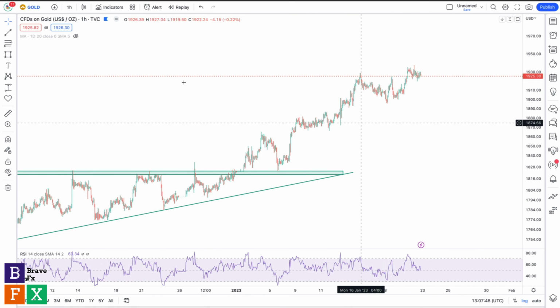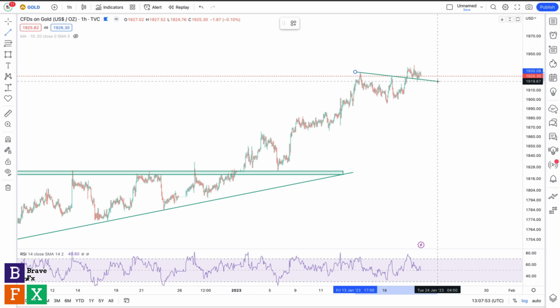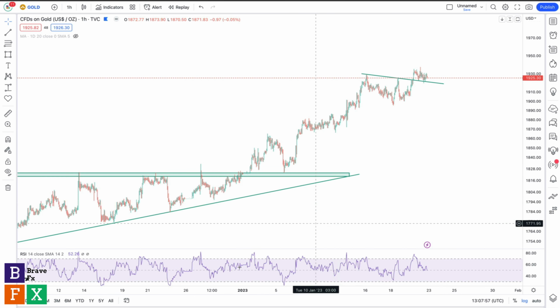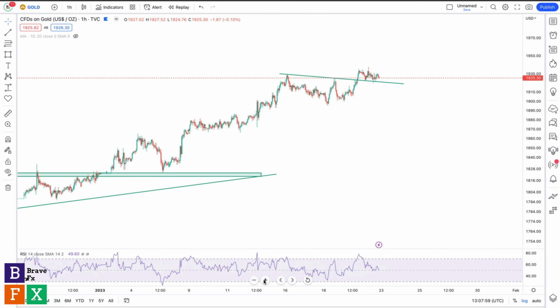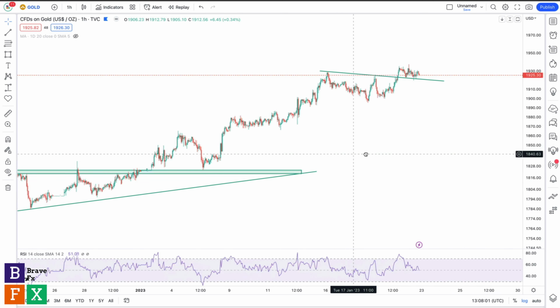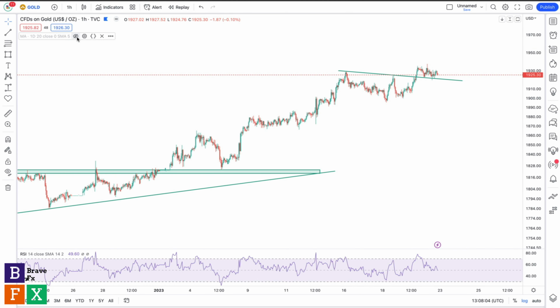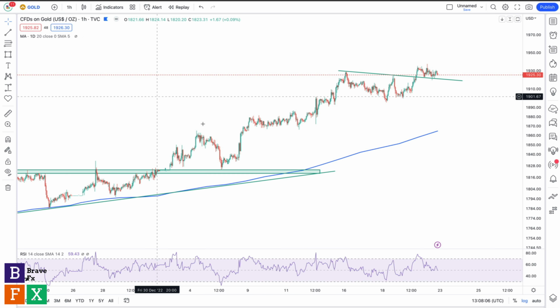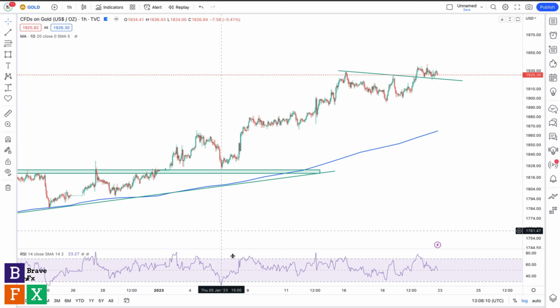I know you might think this is a bullish trend and this seems like a breakout and a consolidation above these price levels, but in my opinion, I wouldn't be jumping into a trade at this price level. I'm going to show you why very quickly. So I'm going to pull up the moving average. This is the 20-day moving average indicator, and what you can see is that